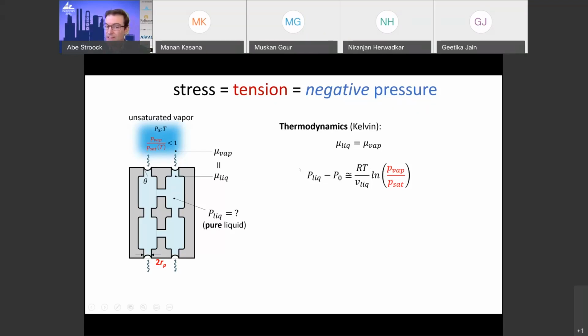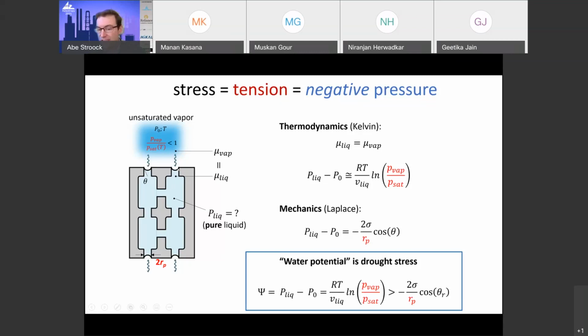So this says that for this local equilibrium to occur, there should be a change in the liquid pressure relative to the standard state pressure, the reference pressure. This must be balanced by something, and this brings in the curved meniscus here with a contact angle theta with this small scale pore of radius RP. And this is the surface tension of the liquid with its vapor or with air, and a cosine of the contact angle. And we find this same pressure difference must be sustained by the capillary pressure across this curved meniscus.